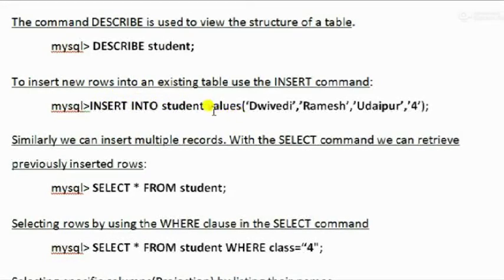Don't forget to write the values under brackets, the corresponding data according to the fields created. First is last name, then the first name, under quotation. All are character values. So character or variable character values under quotation.